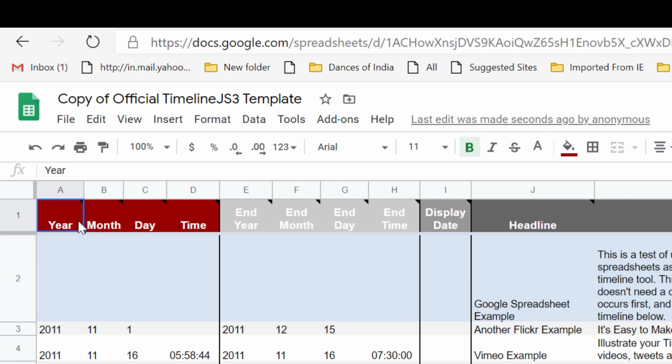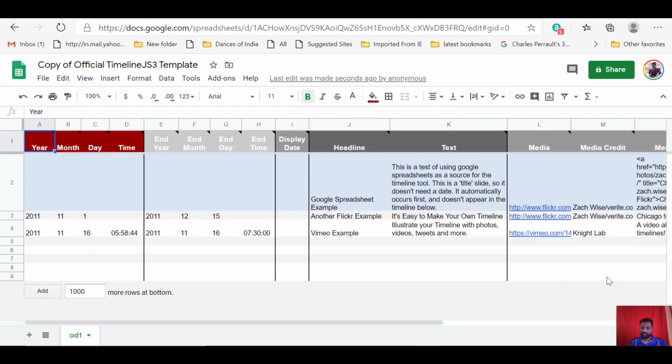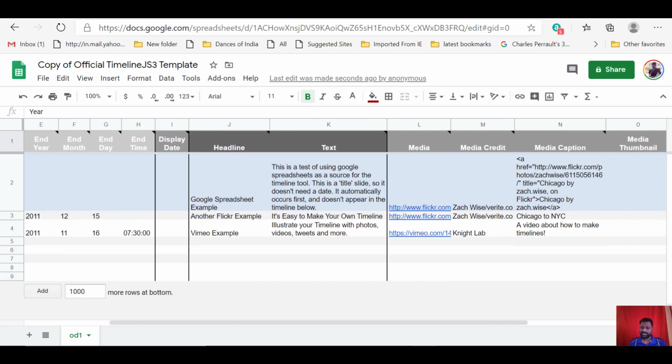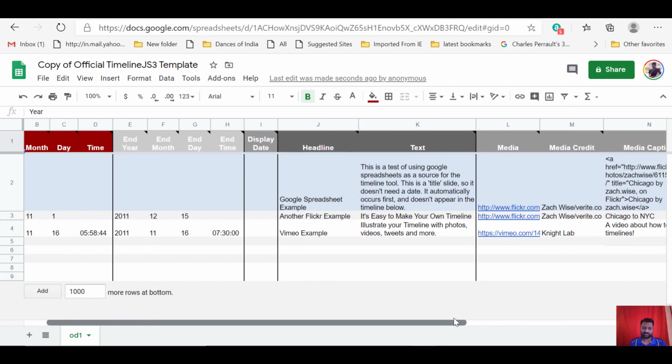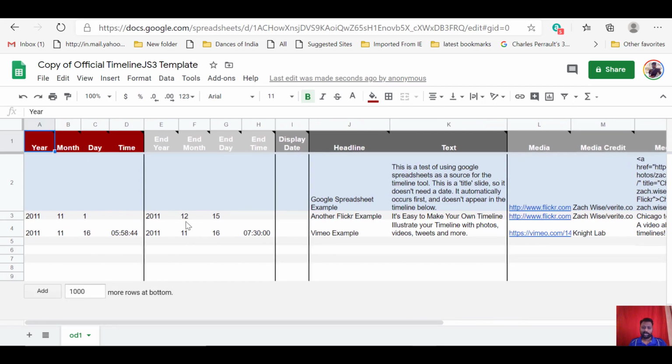You cannot change the header of this spreadsheet, but you can modify all the parameters which are present under each header. You cannot change anything else in the header, but you can modify the information present in the rows. So you can disturb the rows, but you cannot disturb the columns. The column headers cannot be disturbed. You need to study the columns one by one, and accordingly put in the input.